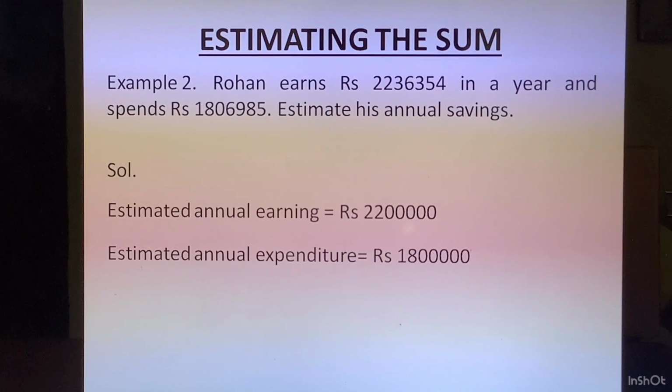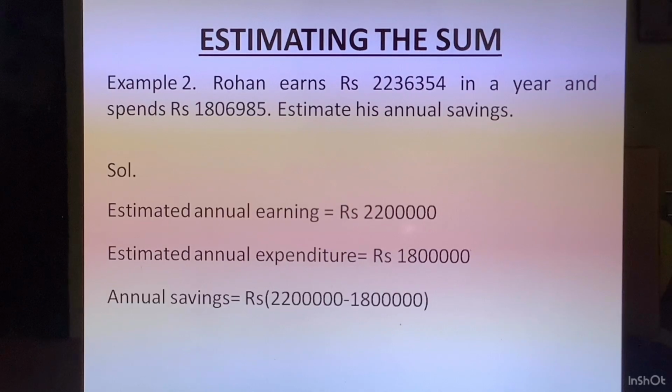not to the nearest 10 lakh? We did so because here there is a difference between the earning and the expenditure. That means he is doing some savings. His saving is less than 10 lakhs. So if you estimate around in 10 lakhs, you will get 0 as the answer. This saving is in lakhs. So that is why we have rounded off to the nearest lakh. Annual saving is 22 lakhs minus 18 lakhs, which is 4 lakhs. Had we rounded off to the nearest 10 lakhs, 4 lakhs would have rounded off to 0 only. Since his savings is less than 5 lakhs, that is why we have rounded off to the nearest lakhs and not to the nearest 10 lakhs.